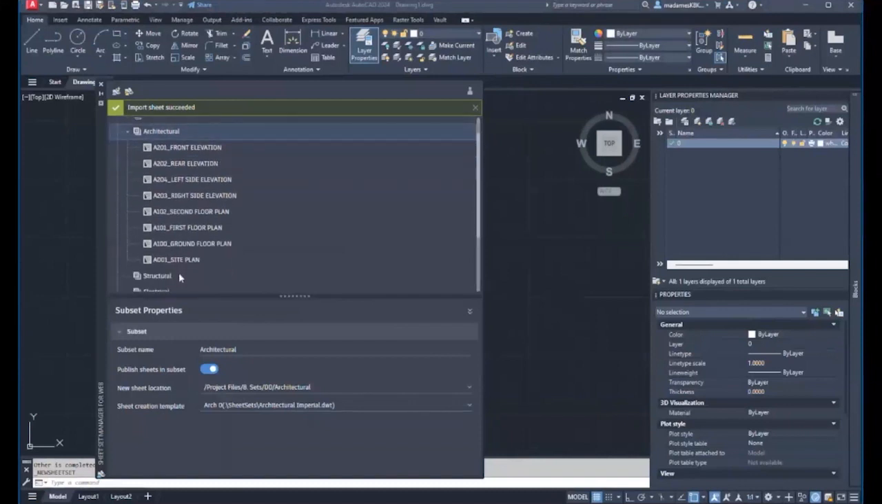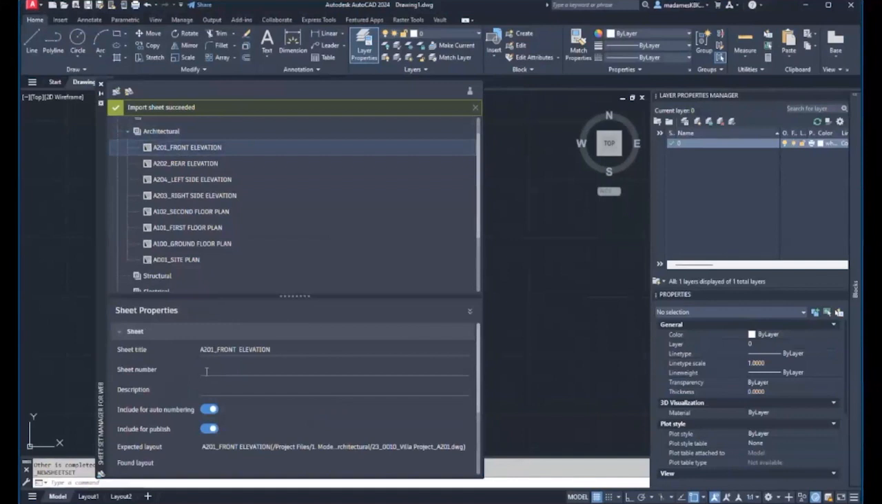And now I'm just going to speed up to show you how I've added all my sheets already. And I can just change the sheet number or add a description from here as well from my sheet set manager. Notice how this sheet set manager is for web. You can see it on the left ribbon. And now that I'm comfortable with all my sheet numbers,